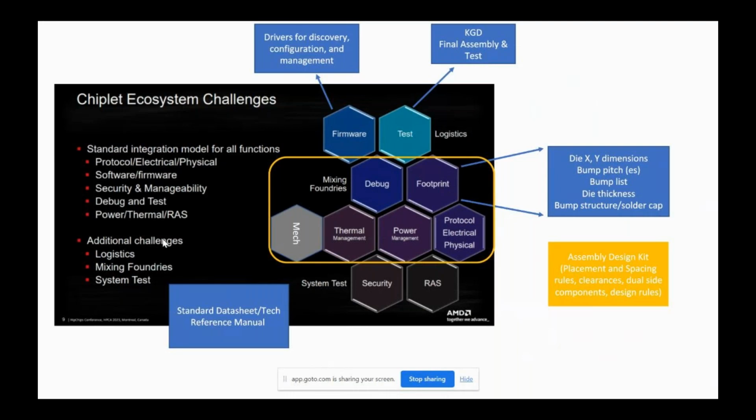That information is being shared. I also mentioned this at the previous meeting. Most of the information you do get from standard data sheets and tech ref manuals, which are in many cases fairly detailed. It's just not in an electronic format that's consumable with the various tools. You have to pull the relevant information and use it in your design.